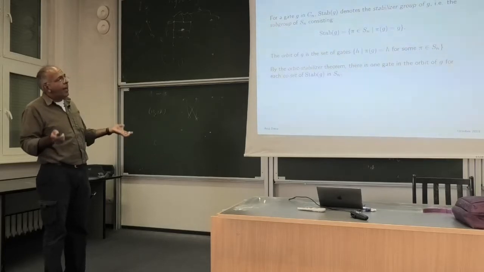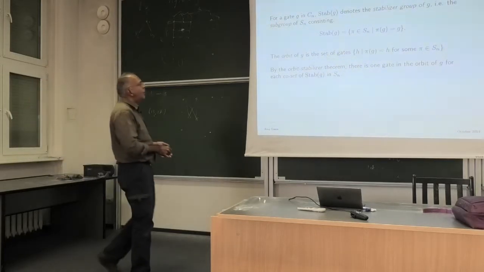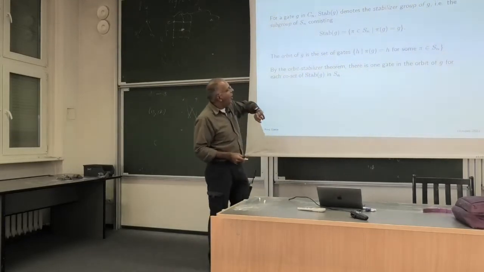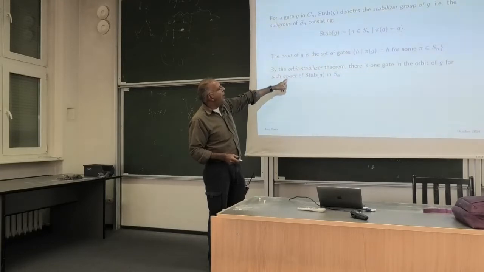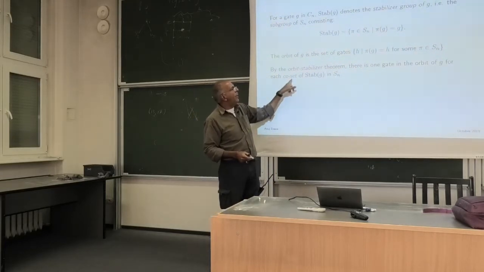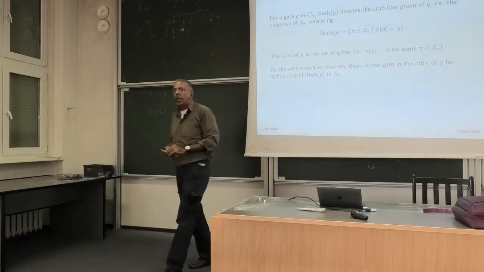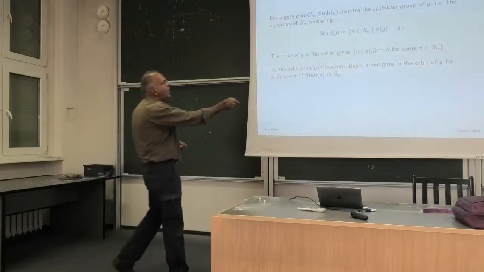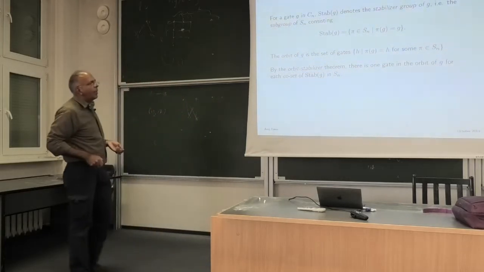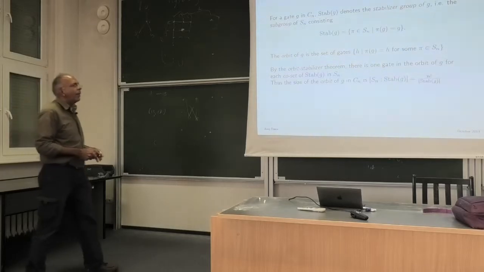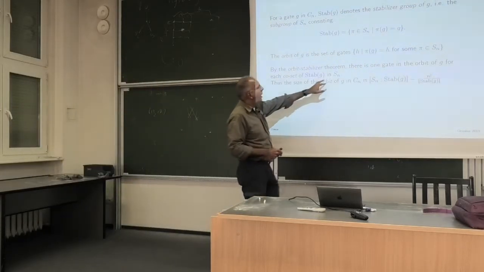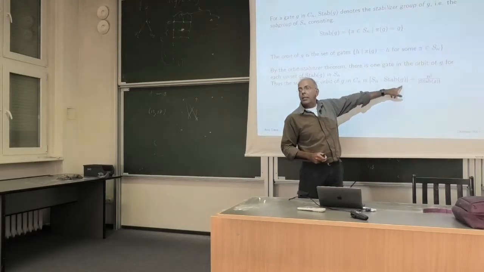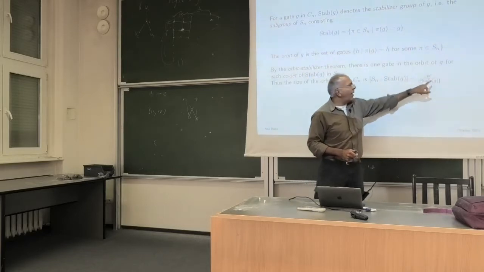And a standard fact from permutation group theory is that because this is exactly the automorphism group, there is exactly one gate in the orbit for each coset of the stabilizer in Sn, right? So you can identify the gates in the orbit of G with the cosets of this subgroup of Sn. So in particular, we can say how big the orbit is. It is simply the index of the stabilizer in Sn, in other words, n factorial divided by the size